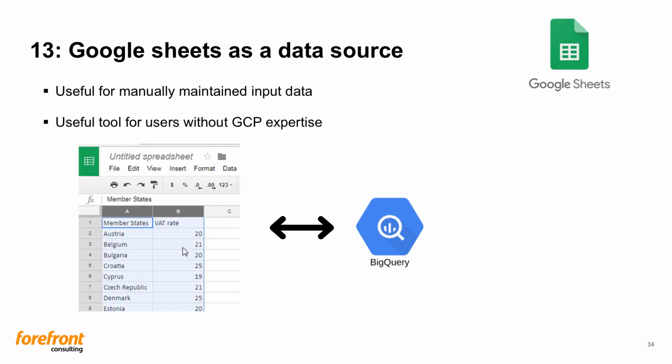One interesting feature is to use Google Sheets as a data source in, for example, BigQuery. In a recent project, we figured we needed a better way to input data manually to the system. So we created Google Sheets documents for this purpose and connected them to BigQuery. This makes it easy for someone without the GCP expertise to insert data into the system. It is pretty straightforward, and you can do it right in the graphical user interface as well as provision it using Terraform. Google Sheets is an application outside of GCP, so here it's important to keep a permission structure in mind that works. Permission can be controlled in different ways, for example using AD groups.